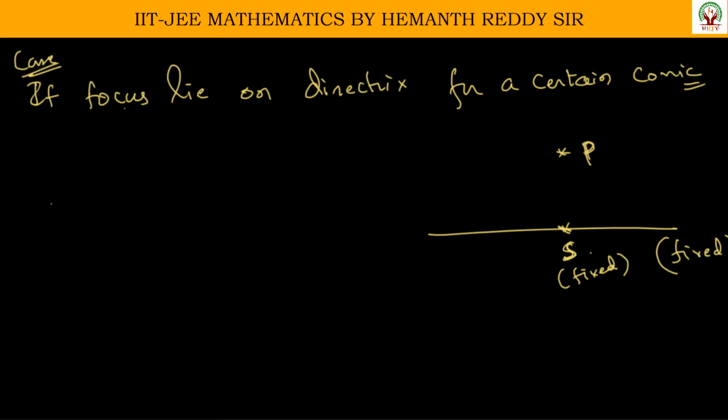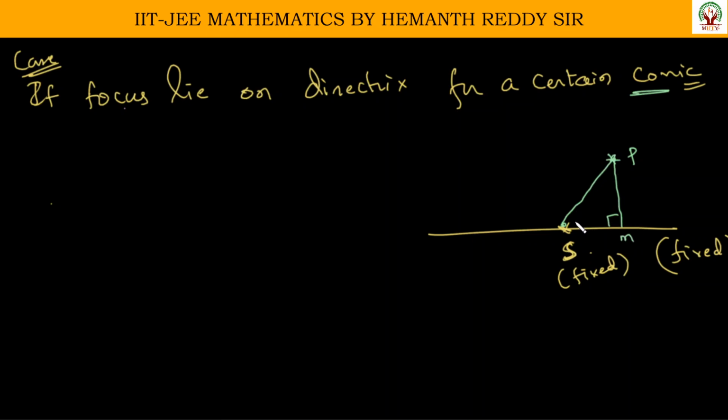Raja, I told already that parabola, ellipse, all such will be non-degenerate conics. ఇప్పుడు నా కేస్ ఏంటంటే what if focus lies on directrix? Let's examine that case. Listen carefully. I'll take some point P here. ఇక్కడ ఒక point P తీసుకుంటా. Already I told you if a certain conic అని ఇచ్చారు. If a conic is fixed, automatically the eccentricity will be fixed. Now, PS by PM, let's say this is M.